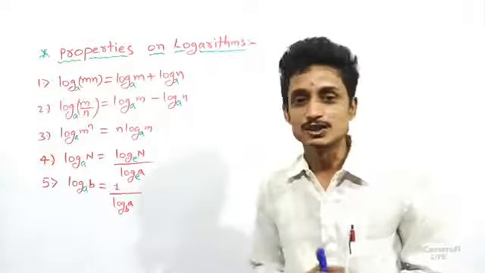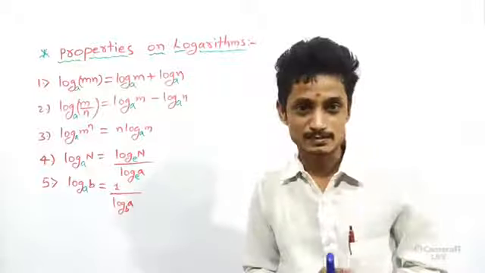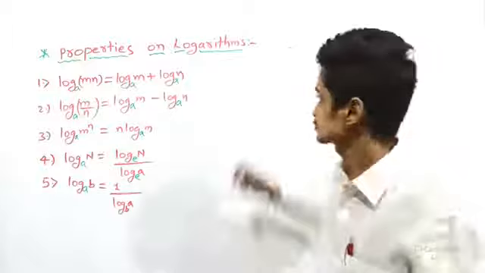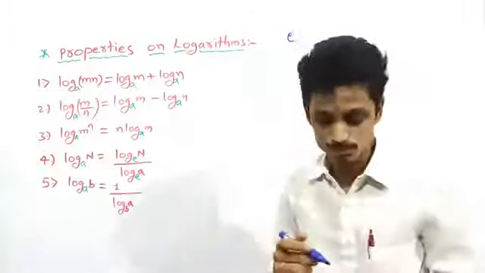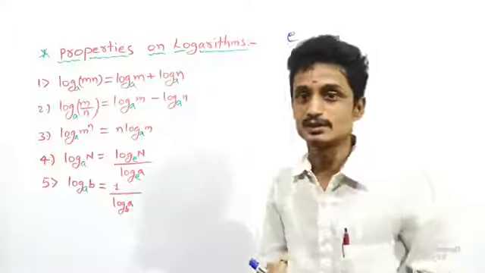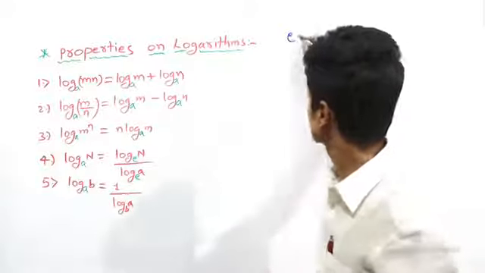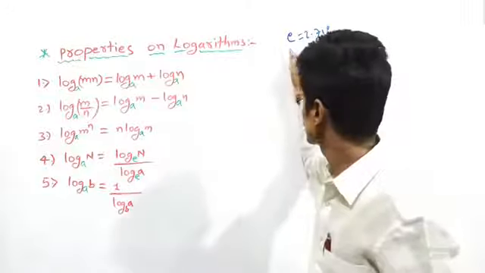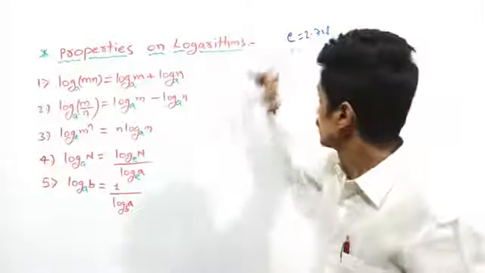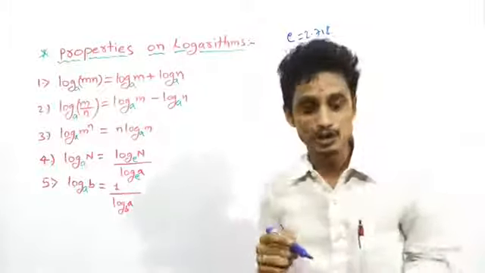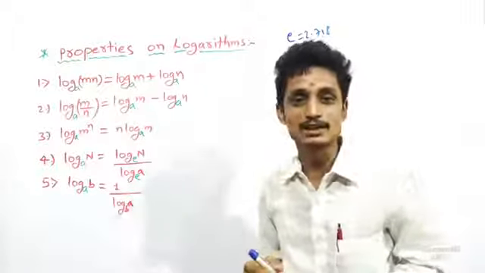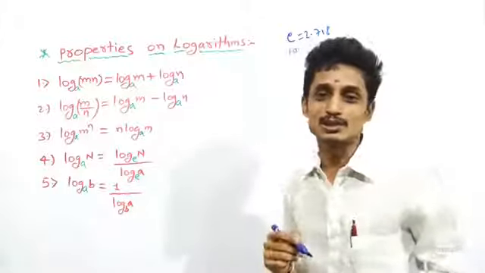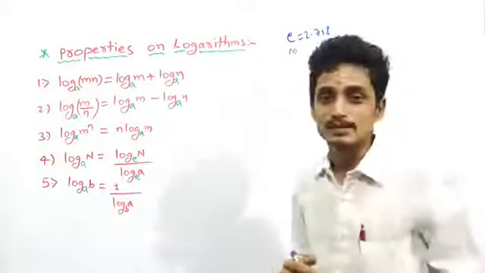The second thing is, particularly two bases are there, the specific bases. One base is the small letter e, the exponential constant, Euler's constant. This e is equal to a specific value, 2.718, and one more number we are taking as a base is 10. A log having the base e is called the natural logarithm, and logs having base 10 are called common logarithms.